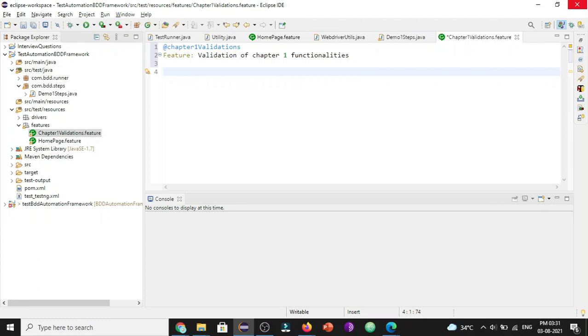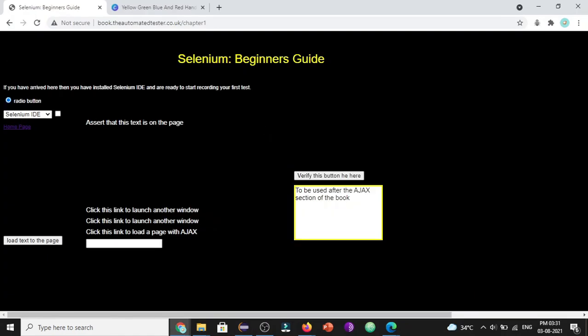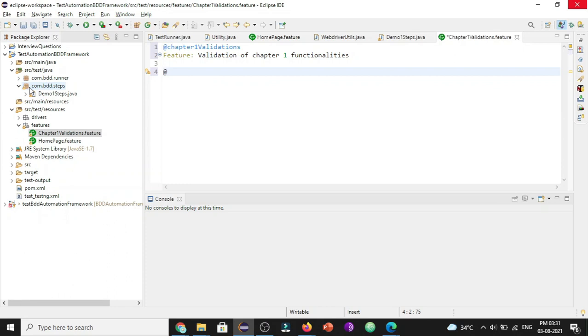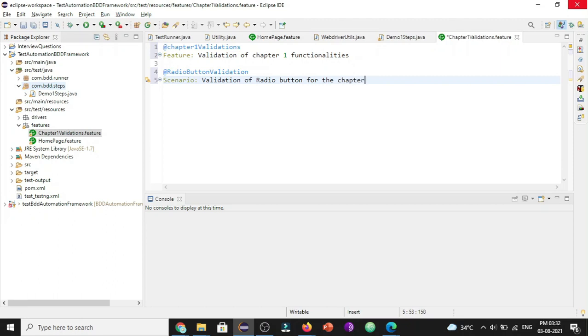Now let's try to design the scenario, and for that, first let's add the tag for the scenario. Here we are trying to validate the radio button, so let's say radio button validation, and the scenario description we are going to add using the Scenario keyword: validation of radio button for the chapter 1 page.